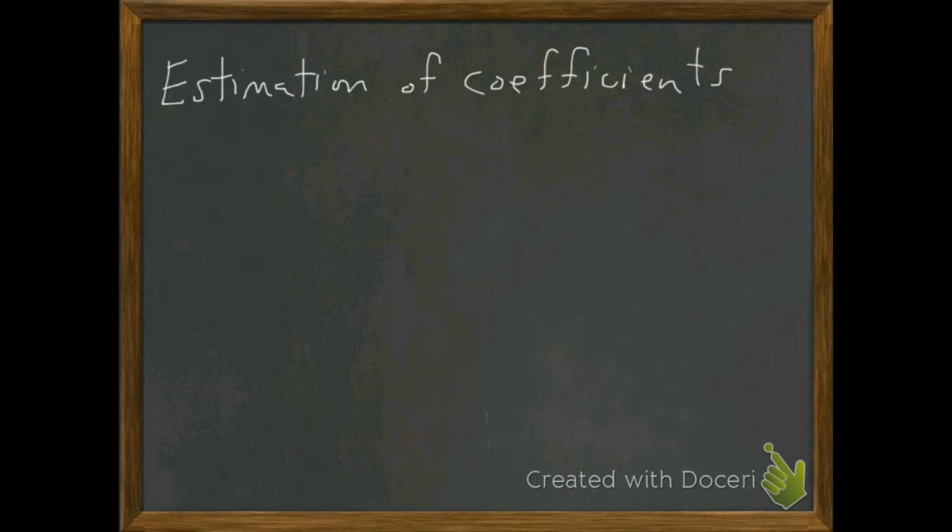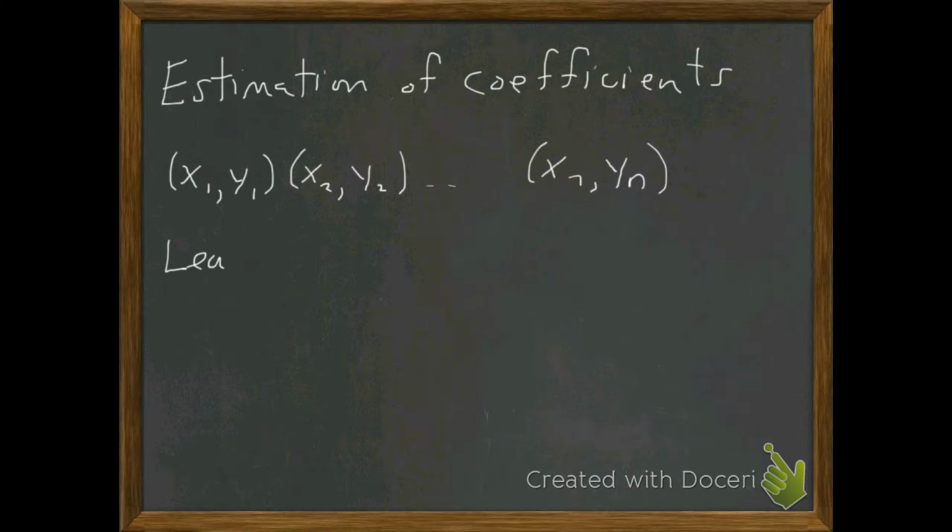If we have, for example, our data x1, y1, x2, y2, and let's say that we have n ordered pairs, then from a least squares perspective, using a similar notation, we could minimize